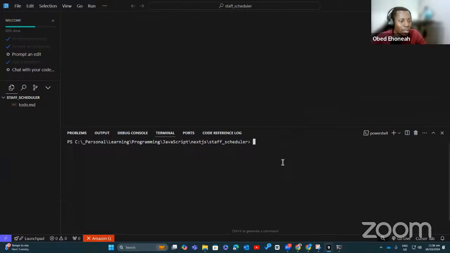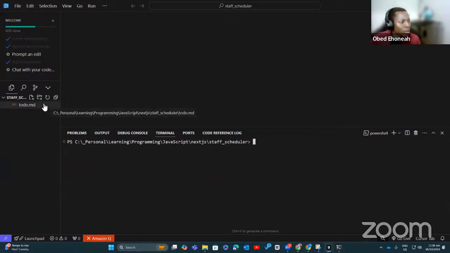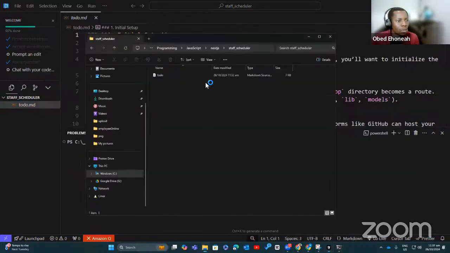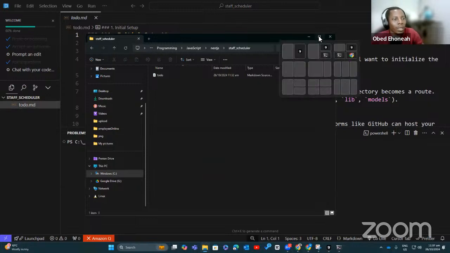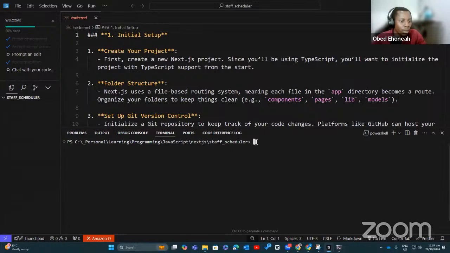Okay, now we can proceed by running the command that we ran initially. And the name will be a dot. Oh, it says the directory contains files that could conflict. I don't know why nowadays these things happen. It's an issue that happened to me two or three days ago when I was testing out Next.js 15, so I thought it was a Next.js 15 thing. I'll drop it here for now. It means it needs a directory that is empty. So at least we've learned something here.